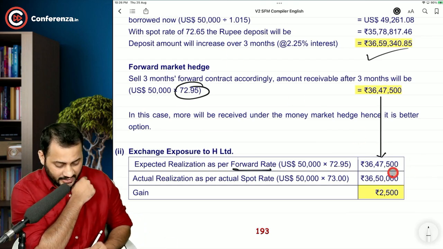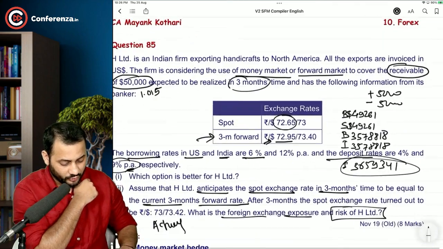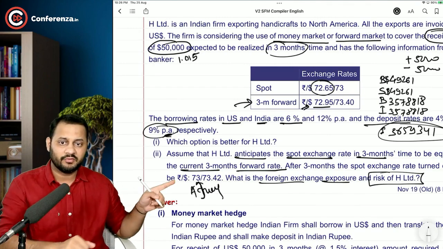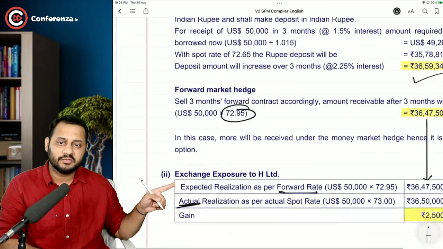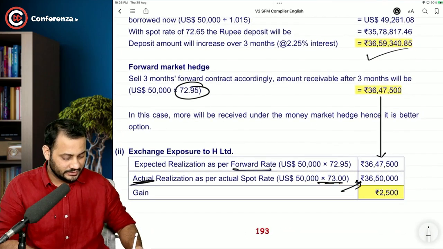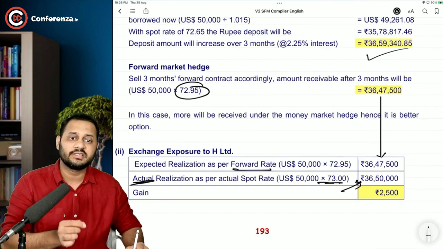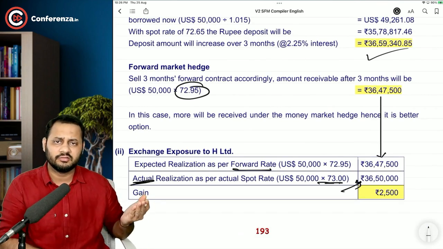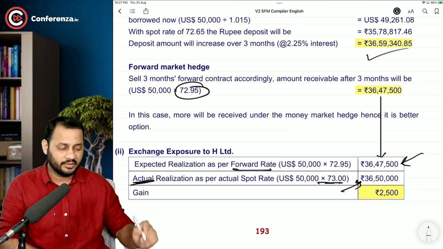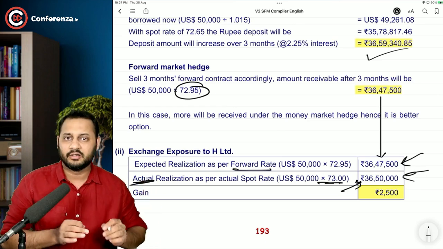36,47,500, but in actual the rates turned out to be 73 itself. We will sell the dollar, the bank will buy it at the bid rate of 73. So actually we received 36,50,000 instead of 36,47,500. So there is a gain. We thought we will receive this much because of the expected rate, but when the actual rate turned out,